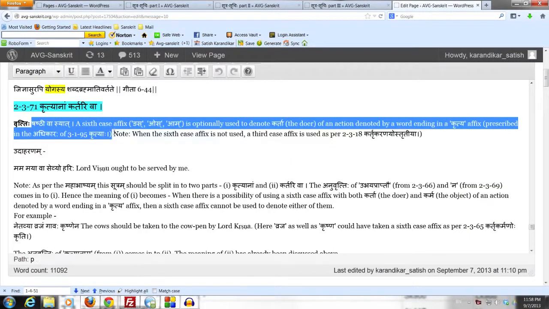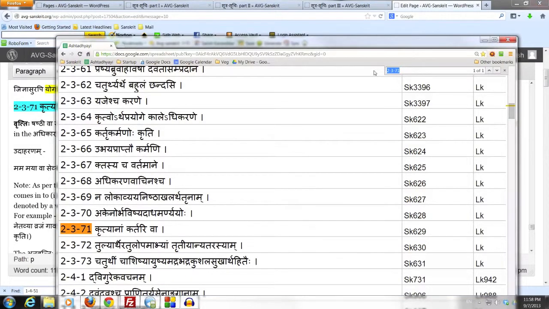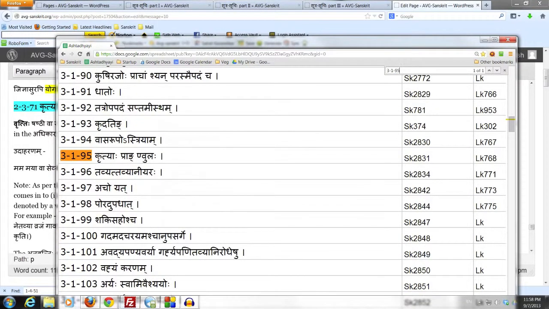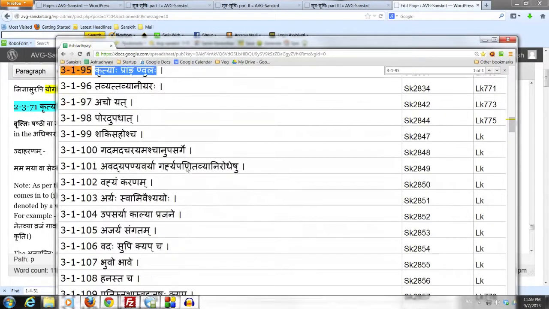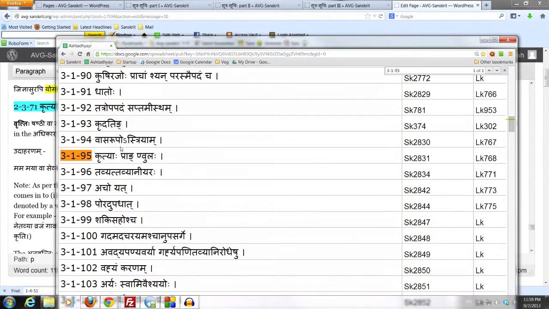What is a kritya pratyaya? We know very well the adhikara of krityaha, which starts from 3.1.95 and goes down all the way to 3.1.132. The affixes prescribed in that section get the designation kritya. Hence, the section which prescribes the kritya pratyayas is contained within the section which prescribes krit affixes. The section which prescribes krit affixes goes from 3.1.93 all the way to the end of chapter 3 of the Ashtadhyayi. So every kritya pratyaya is also a krit pratyaya.